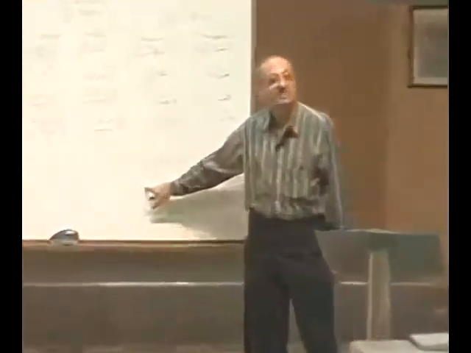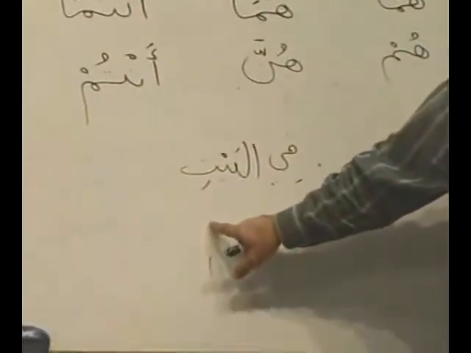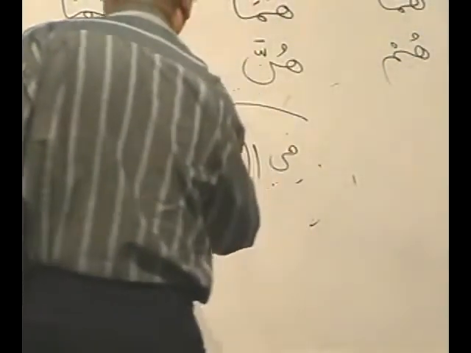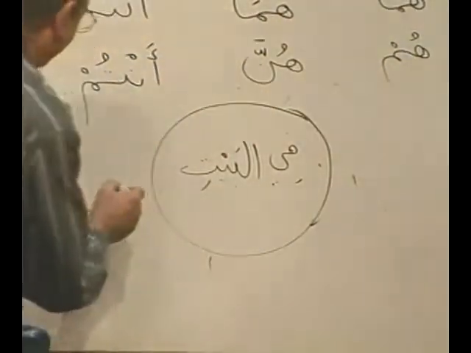If I shout at you, you will shout back at me. Harf jar, ism majroor. You will shout back at me. Harf jar, ism majroor. Okay? So here we have fi as a harf jar followed by ism majroor. Are you with me? This is ism majroor. Okay? Together we have a short name. Together we call it